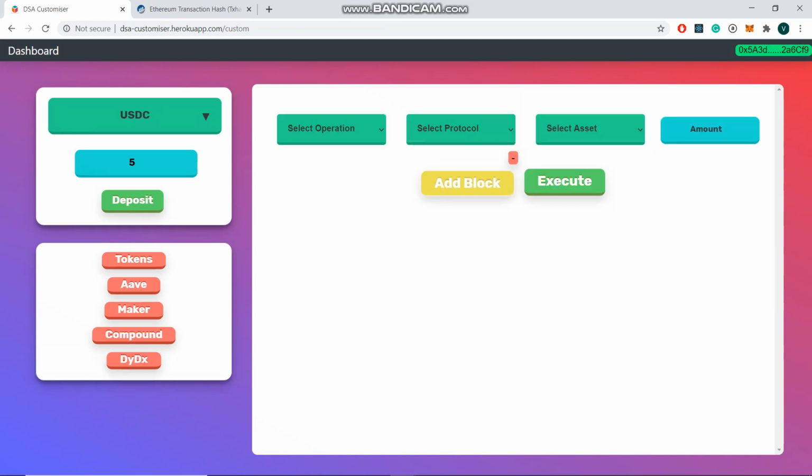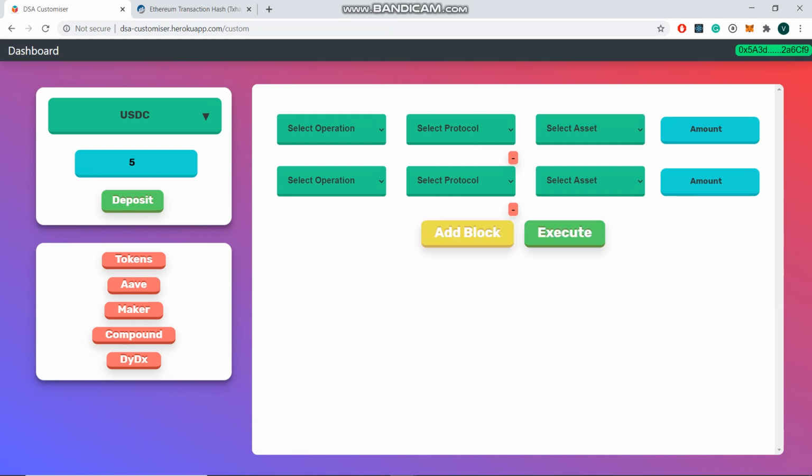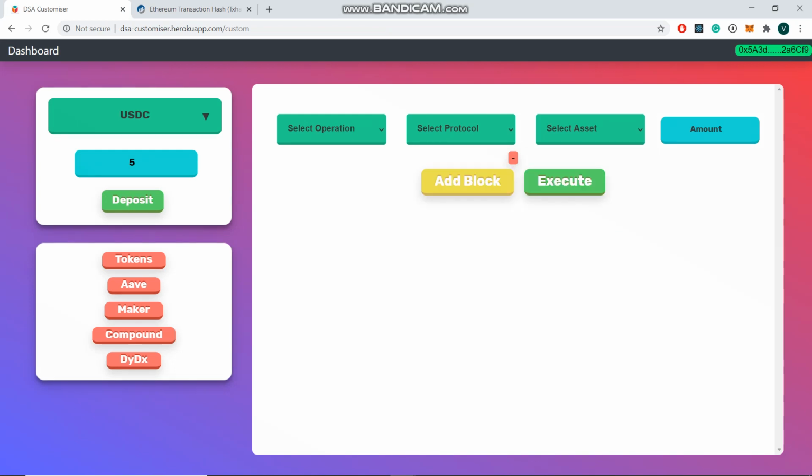You can add multiple spells as you want, but if you want to edit a first spell and you have already created 3 spells, then because it is a dynamic rendering UI, it is better to use the minus button and do all this. So that is how it works. This was all, and we have had great fun working on creating a layer on top of DSA, which is already a very good functionality for the developers.